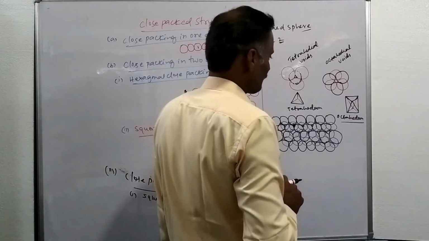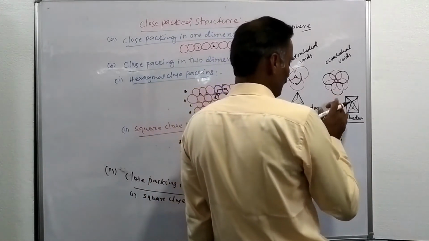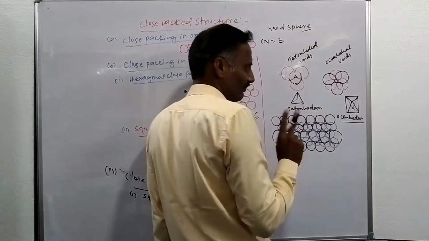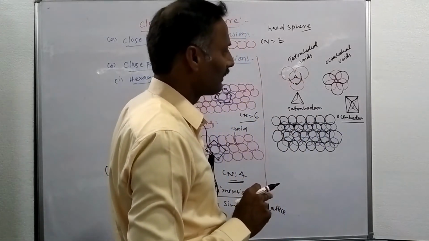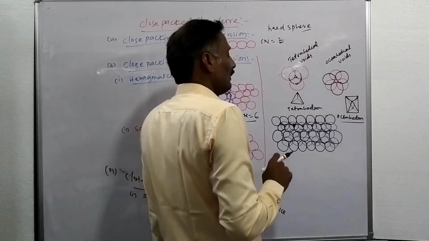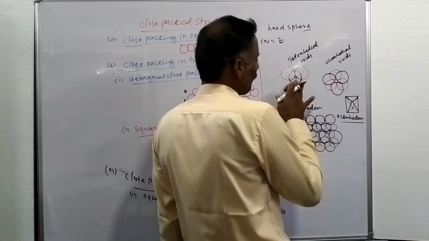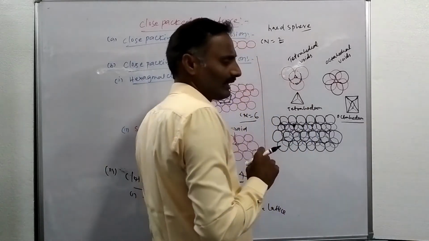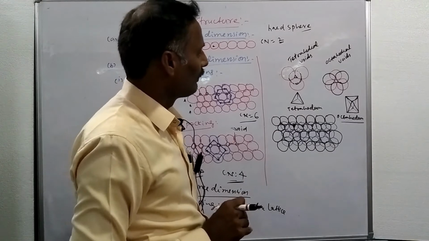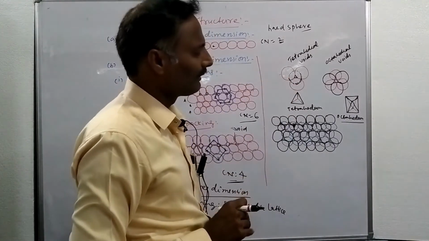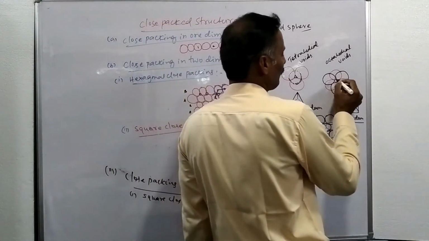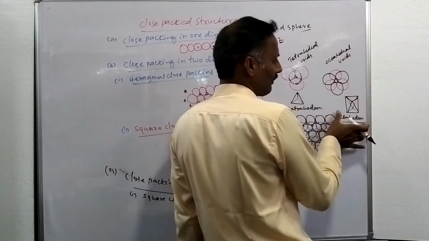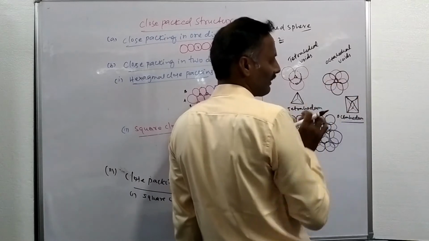Similarly, if you place the second layer on the depressions of the first layer, it generates 2 types of voids: tetrahedral voids and octahedral voids. When you place the second layer over the first layer, not all the tetrahedral voids are covered; some are vacant. Then when you place a third layer over the second layer, it gives a vacant space. That vacant space is called an octahedral void, and its shape is called an octahedron.